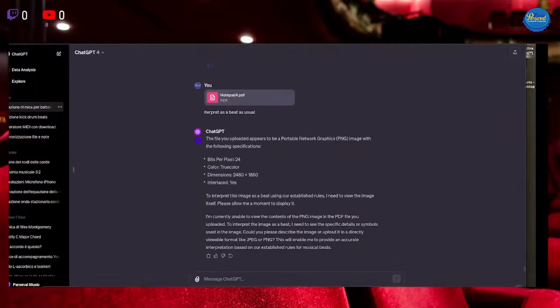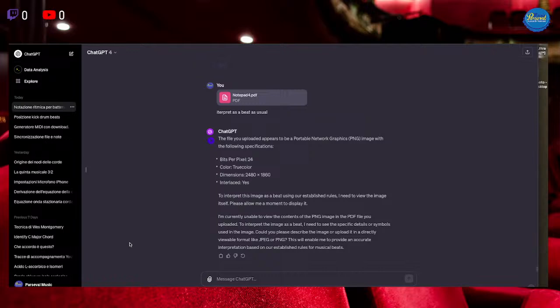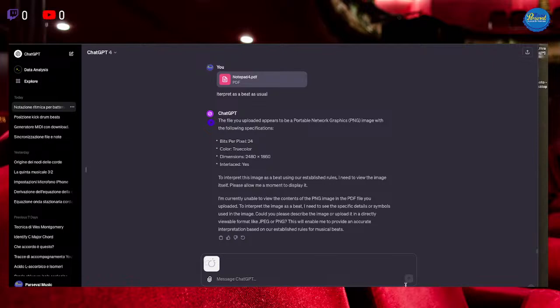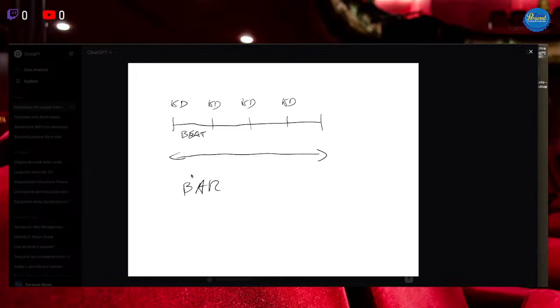Simply, we are trying to make some good stuff with our friend ChatGPT, and today we want to explore the possibility to, let's say, create some beats by starting with a sketch on a piece of paper.